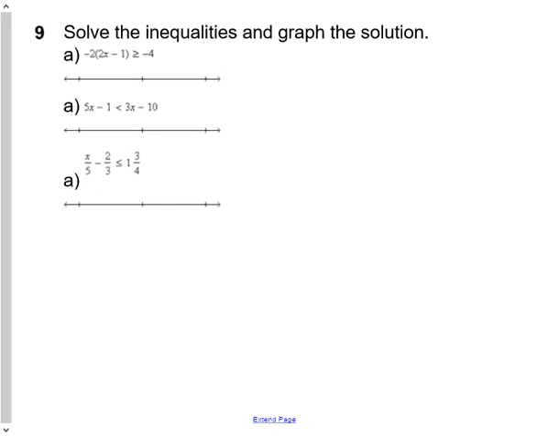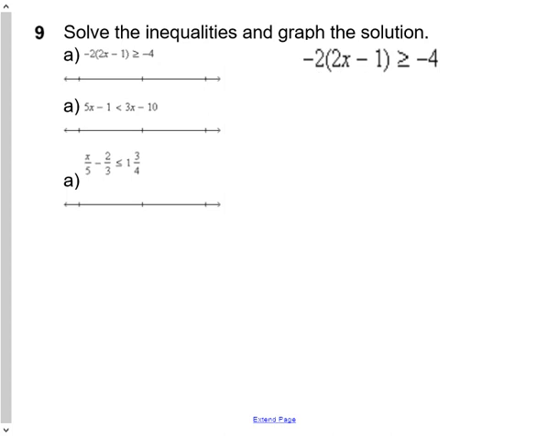My next question says solve the inequalities again and graph the solution. So we're just a little bit more complicated with these inequalities because we have things with distributive property, we have things with variables on both sides, and we have inequalities that contain fractions. So in our first one, -2 groups of 2x minus 1 is greater than or equal to -4. Two ways you can solve it. Obviously, you could expand using distributive property first, which would give you -4x plus 2 is greater than or equal